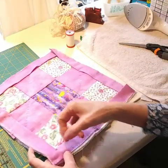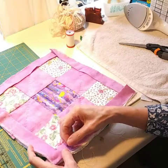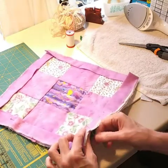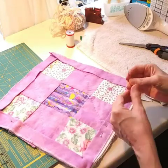Okay, so we're going to finish up this side here, and I just want to show you mitering this corner. What do you do when you get down to here? Okay, so I am using a heavy-duty